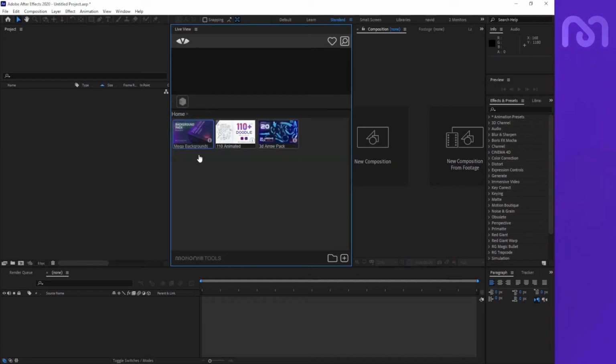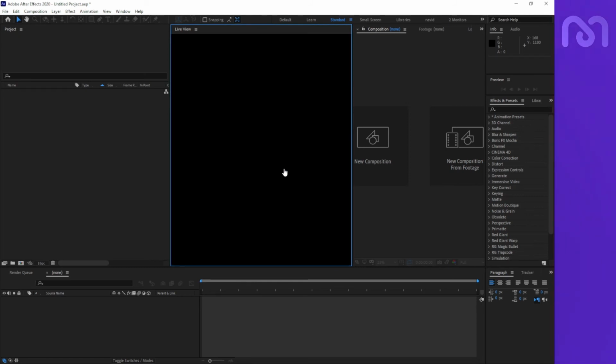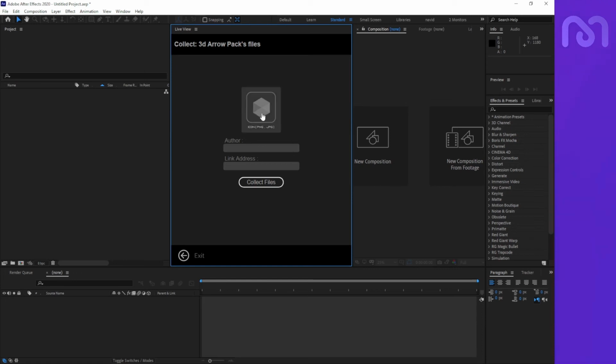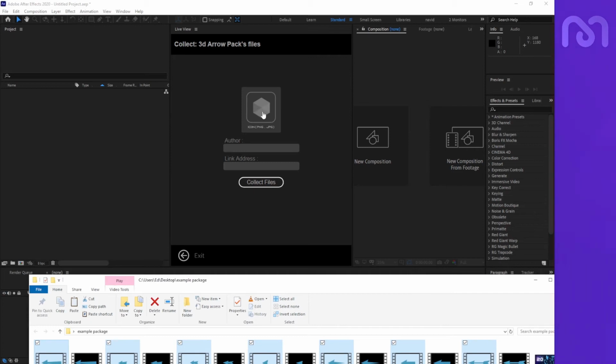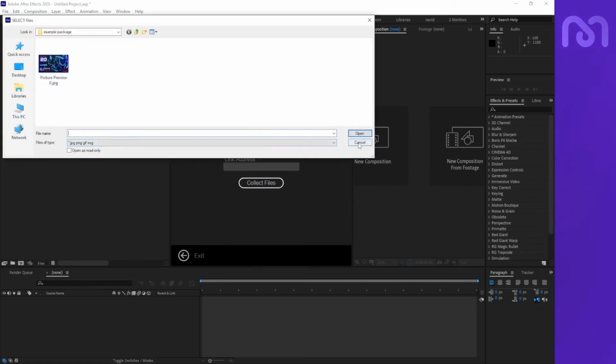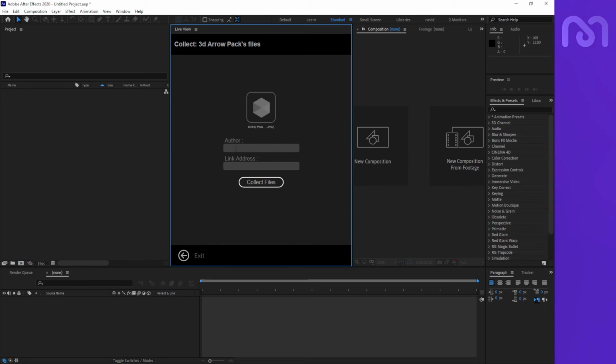And now you have a package, but how can you export it? For exporting it, you have to right click on it and collect this package. You can add an icon for your item. There's not a problem. This icon will be a default icon for your package, and you can select your own icon here. And also, for example, Artino, that is my Video Hive profile, and a link address, for example, http